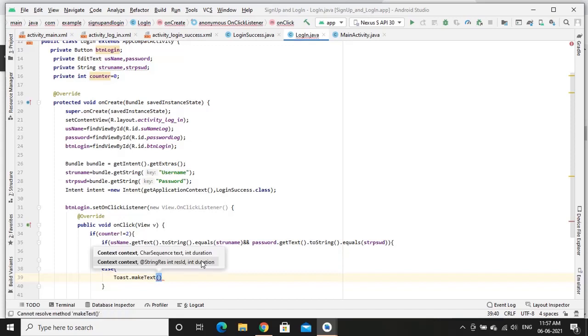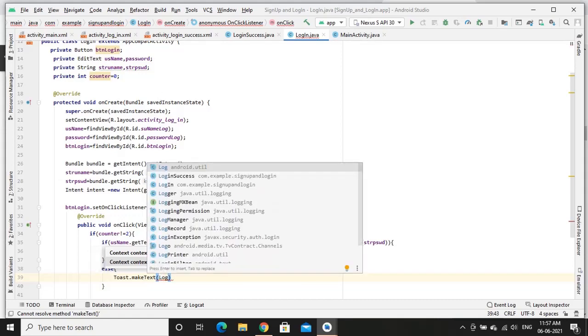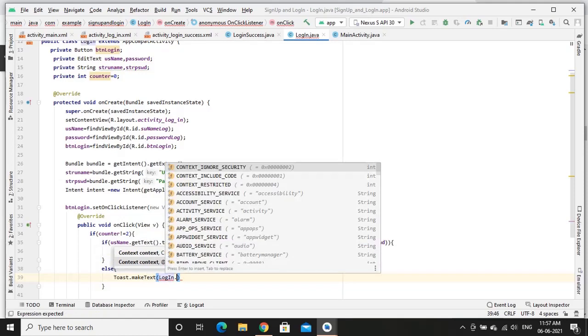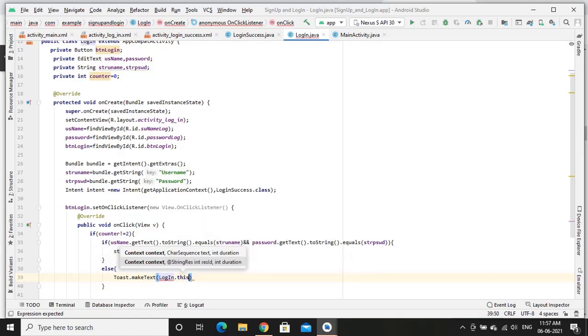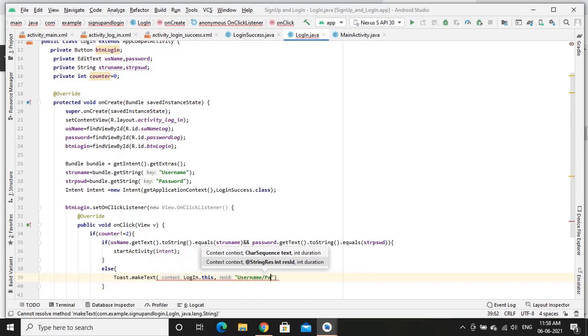Toast.makeText. So the context is login.this, and the text is username or password.